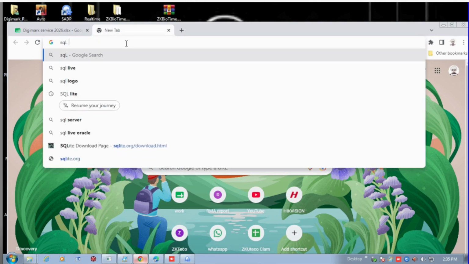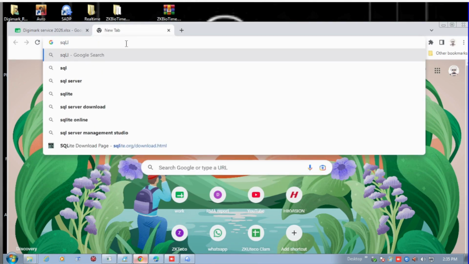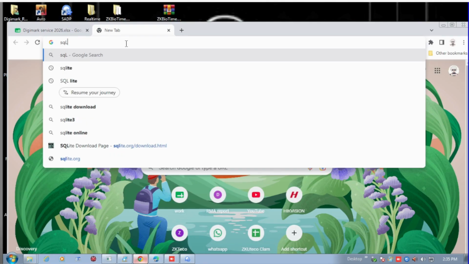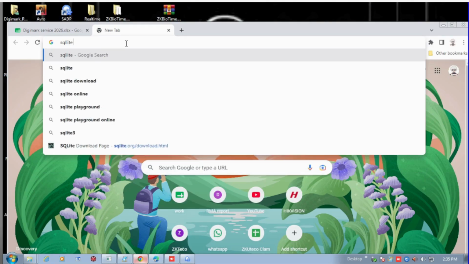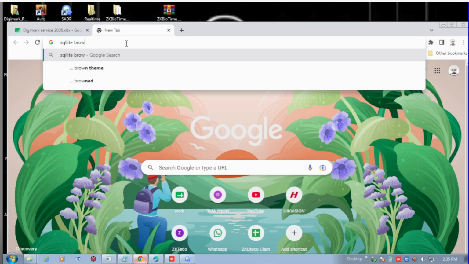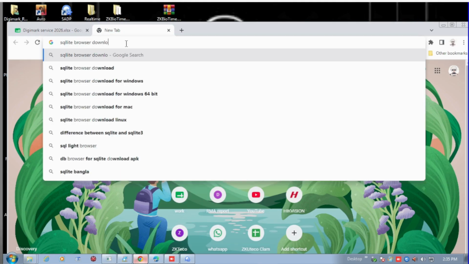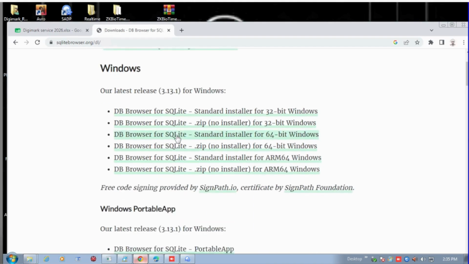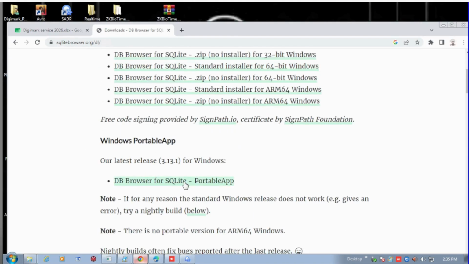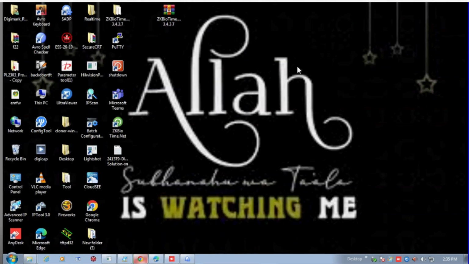So first of all, we have to download the SQLite portable application. Search for the SQLite portable application. SQLite browser download. Here you can see the first option. Here is the file, DB Browser for SQLite portable app. Just download it,